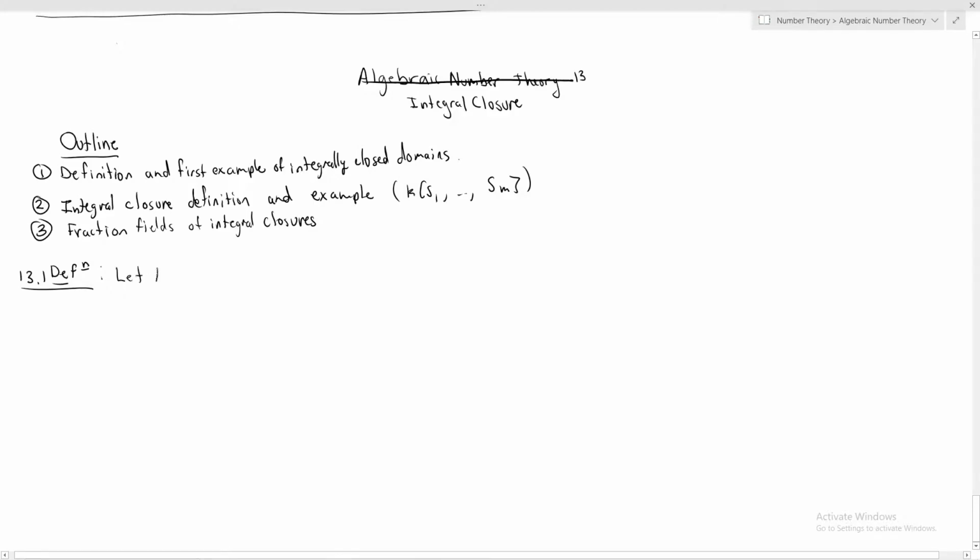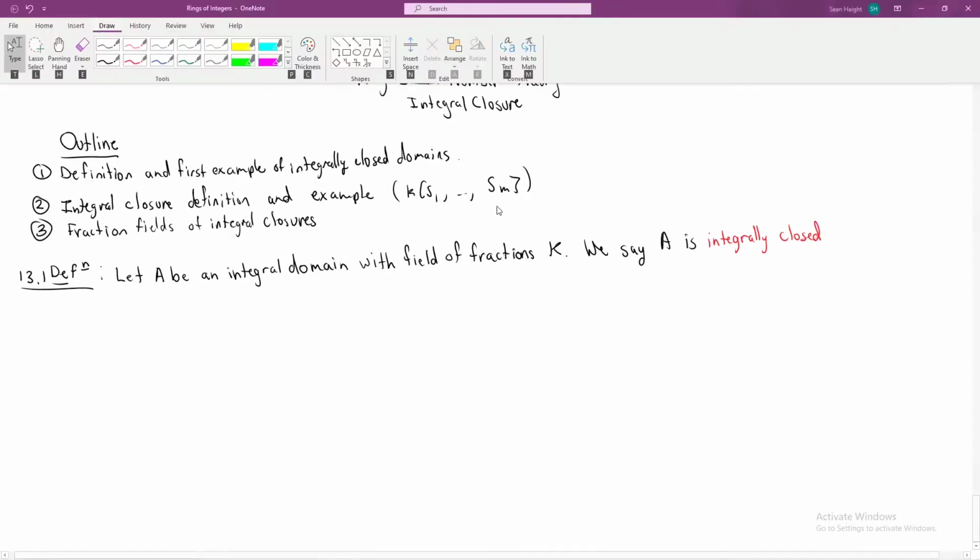So I'm going to let A be an integral domain with field of fractions K. And we say A is integrally closed if,